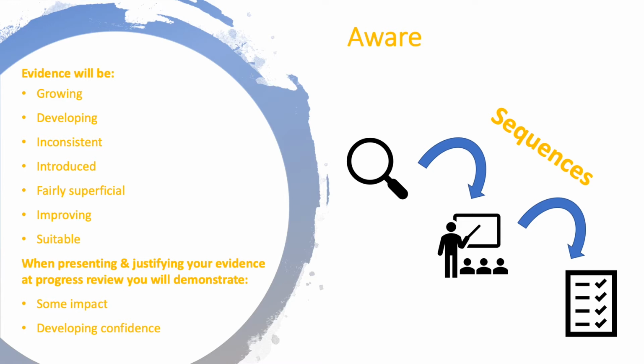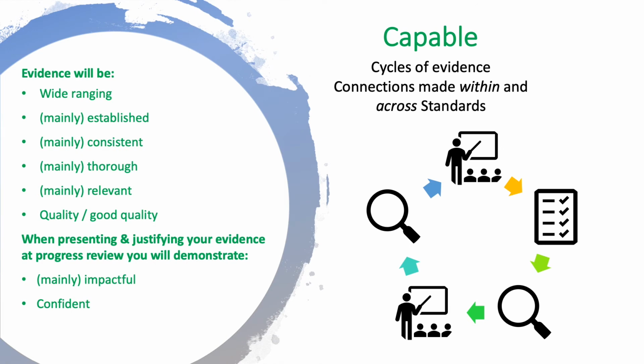Certainly, absolutely. And certainly to make the jump to capable, when we go back to the table of descriptors, we've got words like wide-ranging, mainly established, mainly consistent, mainly embedded, mainly thorough, quality/good quality, and mainly relevant. And then importantly, when we get to how we might describe the justifications, we've got words like mainly impactful and confident. Now, what we envisage these sequences of evidence to start to evolve into at the capable stage is cycles